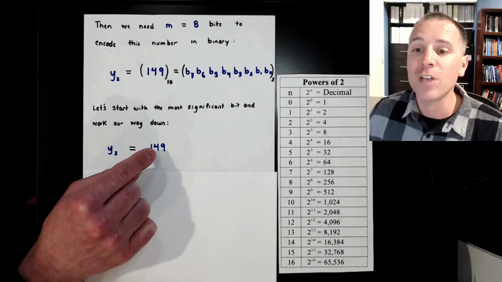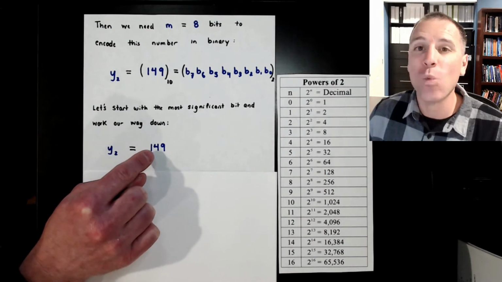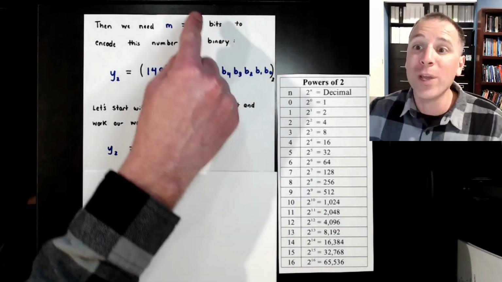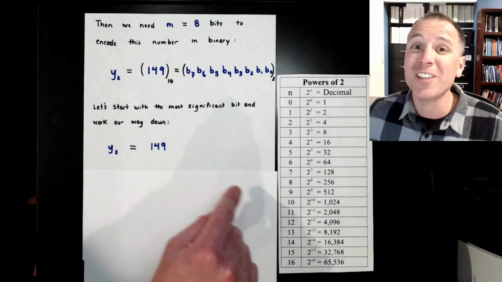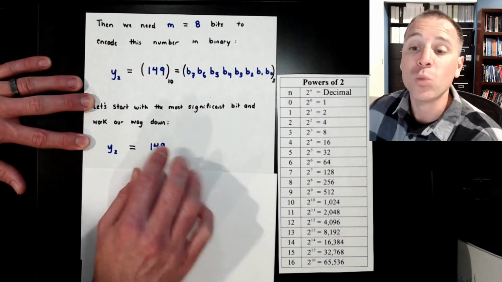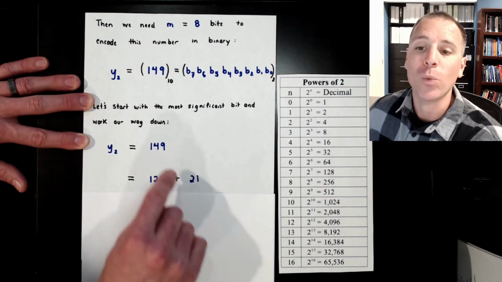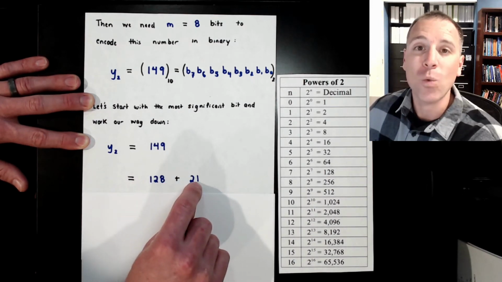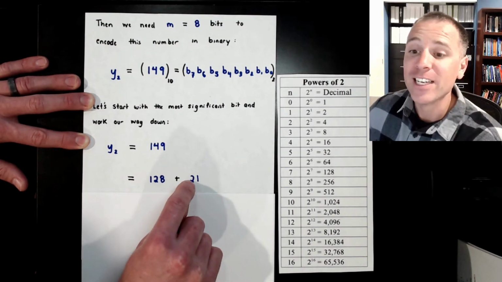Remember, we asked ourselves, find the highest power of 2 that is less than 149. We can reference our table or our memory, or we can use the fact that this is 8 bits to say that that probably should be 2 to the 7th. 2 to the 7th is 128. So we'll decompose 149 as a sum, 128 plus some extra information. Well, we know the extra information: 149 minus 128 is going to be 21. Now the question is, what is the highest power of 2 less than this extra information?